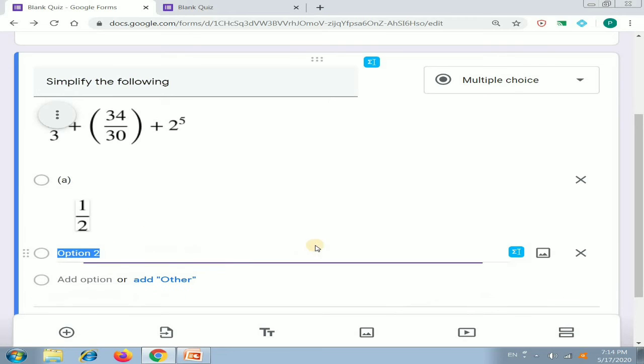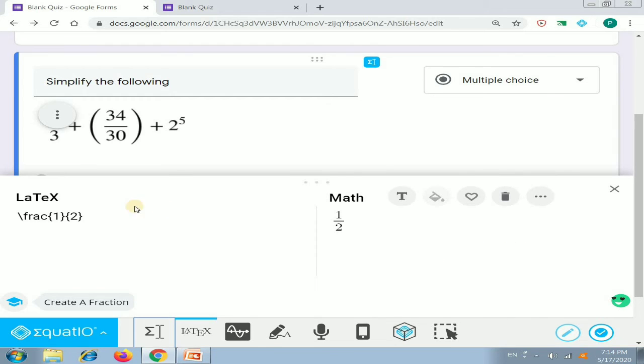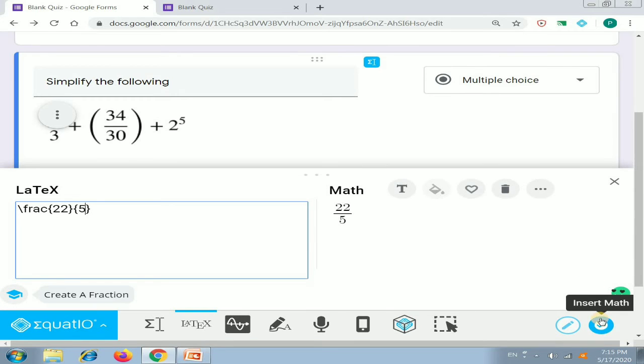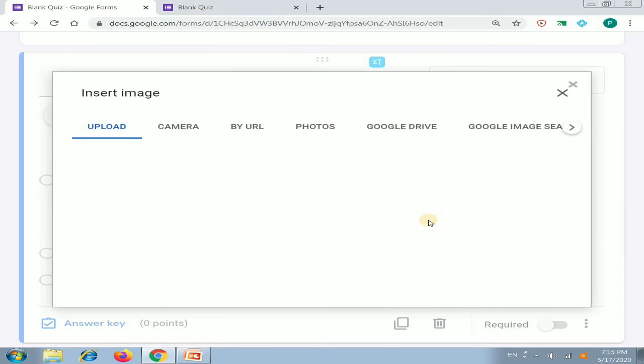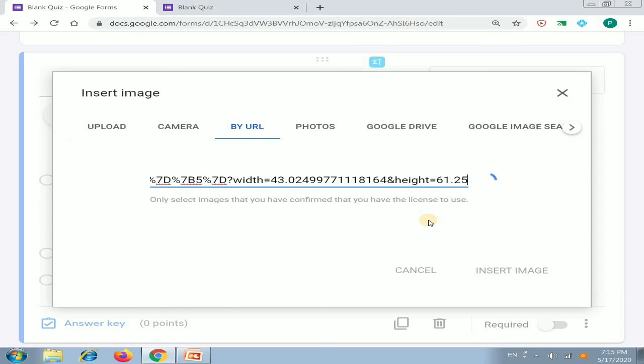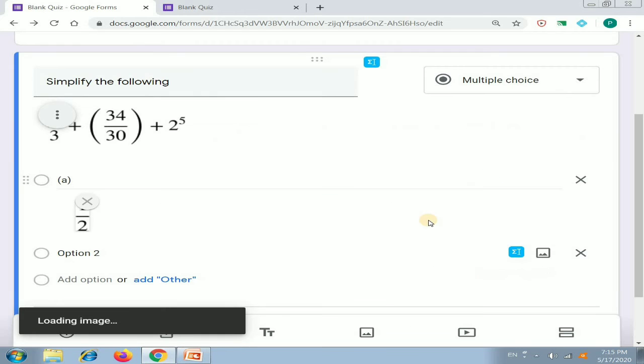Similarly, suppose we want to insert another option, again we'll click insert math. This is the previous coding, we can change it here. It gives 22.5. Again we'll insert math. It's creating the image and it will insert the image in the second option.